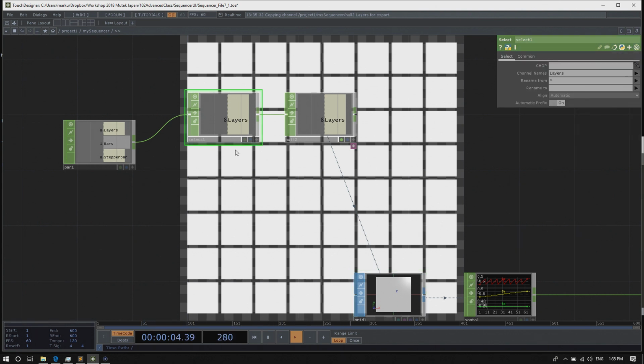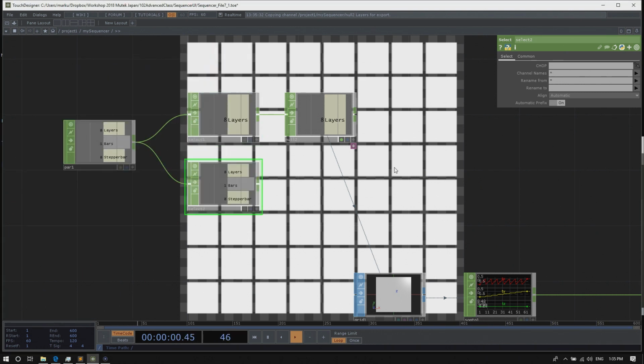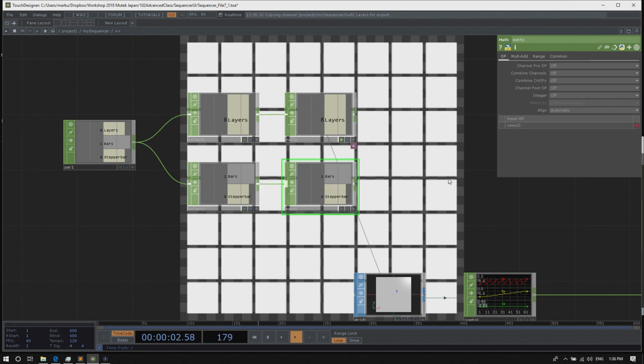For the columns, let's select bars and step per bar, using Select again, and multiply them together with a Math CHOP.